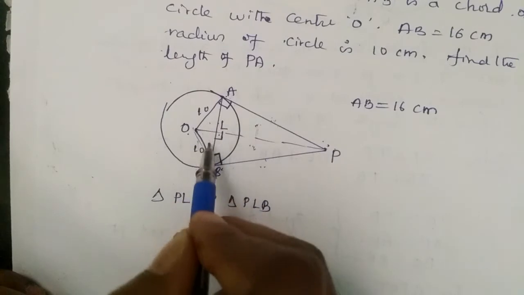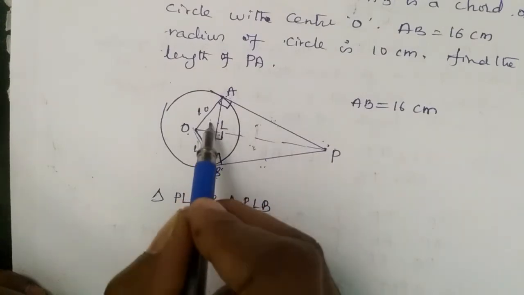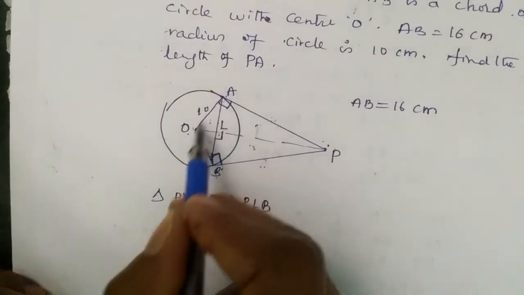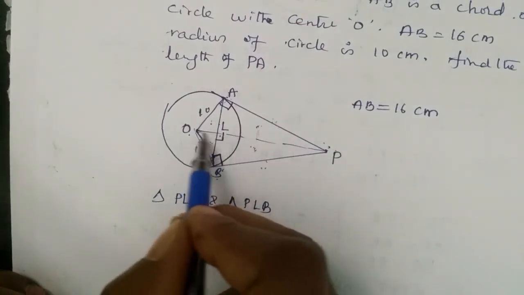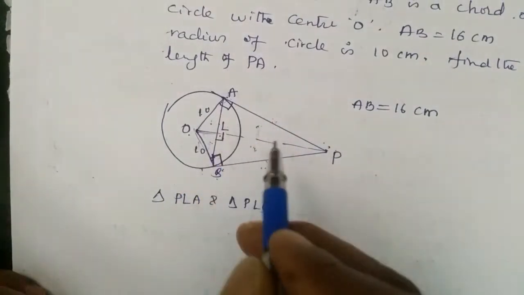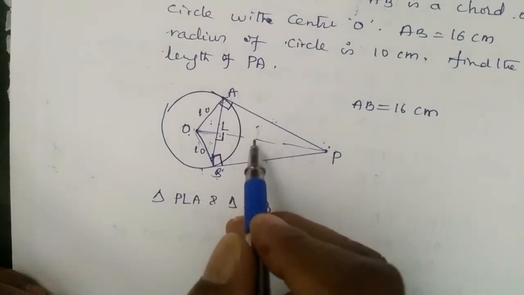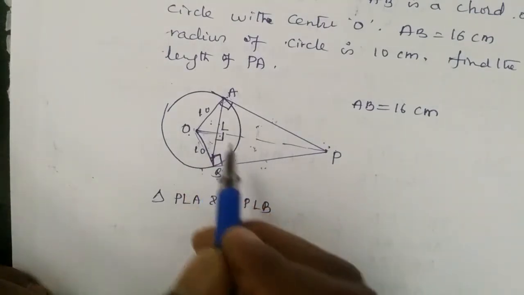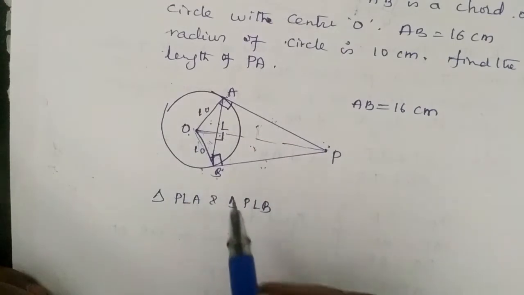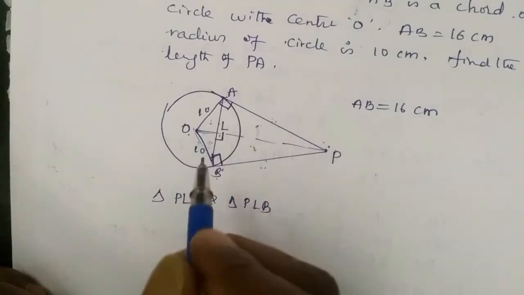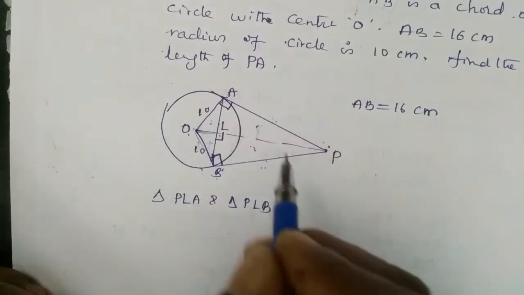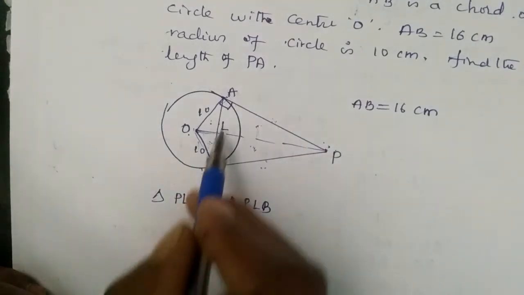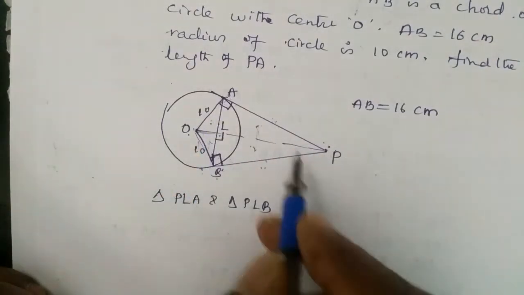When we go here, first we prove these two triangles. In these two triangles, this is radius one, and this is common. So in these two triangles, there are three important lengths that are equal. Therefore, I can mark here 90 degree. The reason is both are isosceles triangles. PAB is an isosceles triangle.